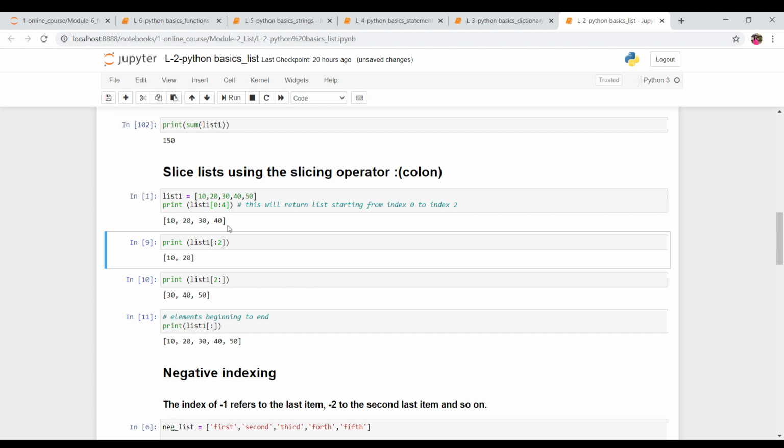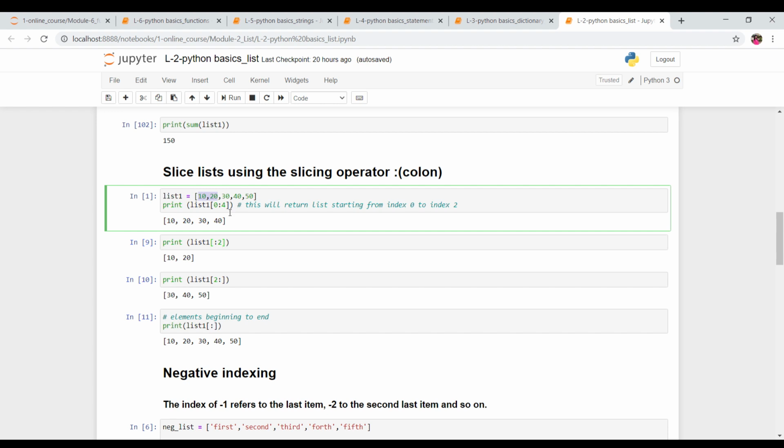All right, and let's see another example. Over here we only write colon 2, meaning the values which are before index 2. This index will not get included. If you want values before this particular index, you can write 0 colon 2, meaning at index 0 we have 10 and at the first index we have this.